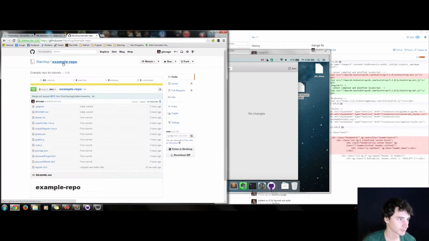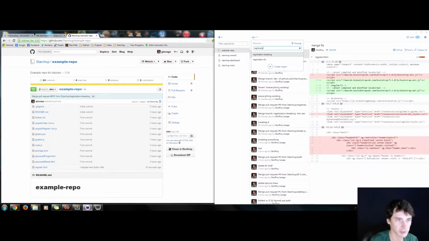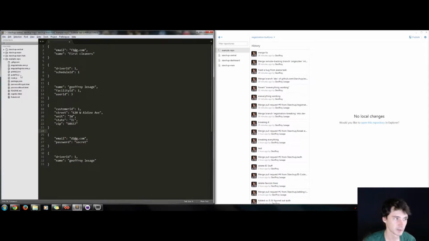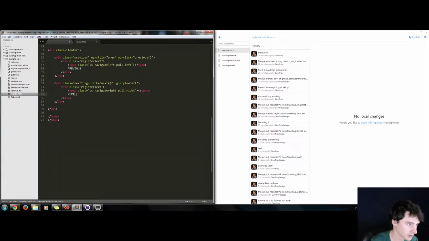So now the Starchup repo, this example repo here, has an updated thing, and here on my account it's telling me, hey, you need to actually update, 4 commits behind. That's a lot. Oh well. I'm actually going to imagine that a couple hours ago, me here, Jeffrey, created a new thing for registration buttons. I wanted to change the name of the buttons myself, but I didn't know that Daniel over there was also doing that. So I'm going to open up my button, and I'm going to say I want to actually call nextest button,